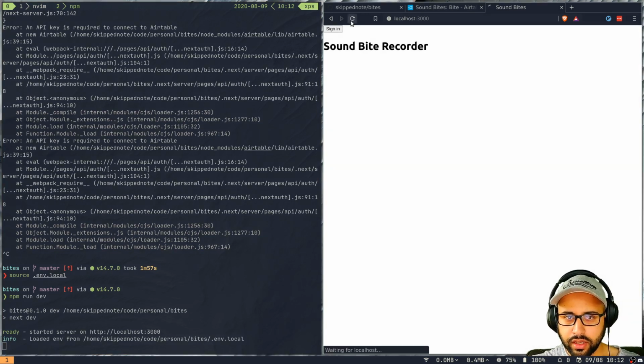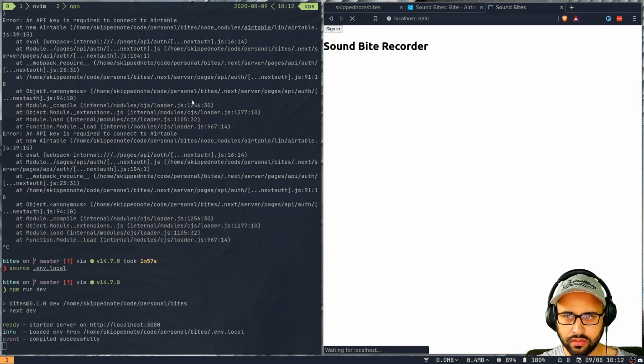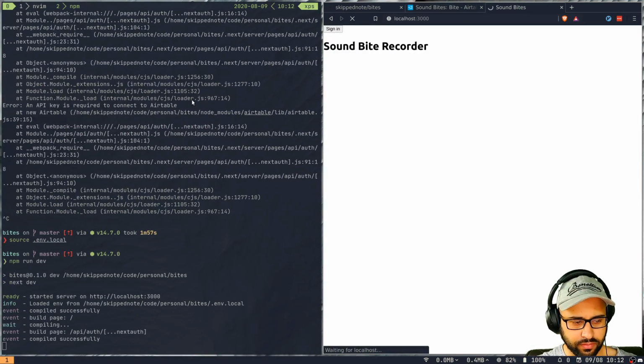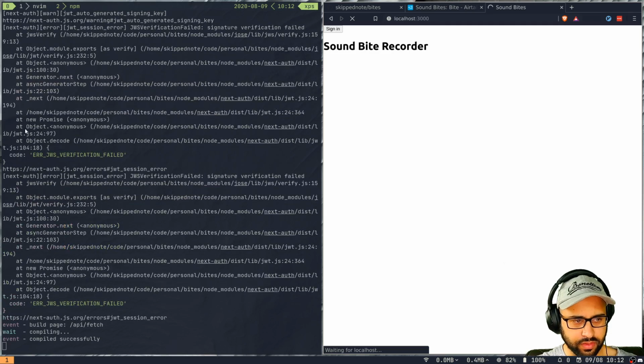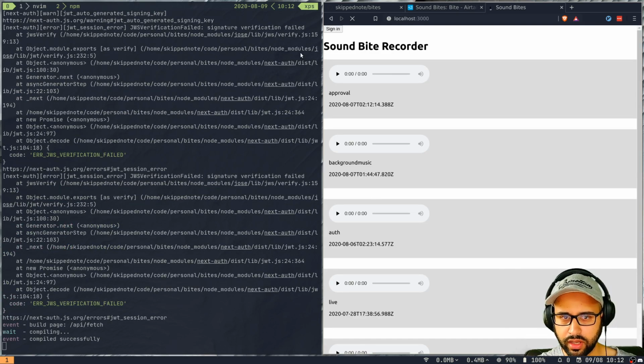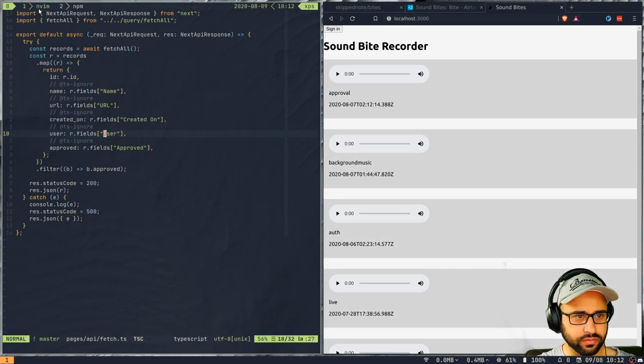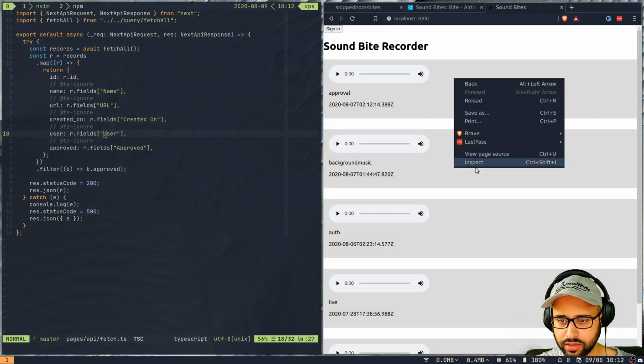Okay, let's try again. Although like the JWT error, I'm not sure if it's directly related to any of this. Yeah, I'm still getting a JWT authentication failure, but that's fine. Like here we are doing a completely different thing. So I'm getting all these values, right? So if we inspect